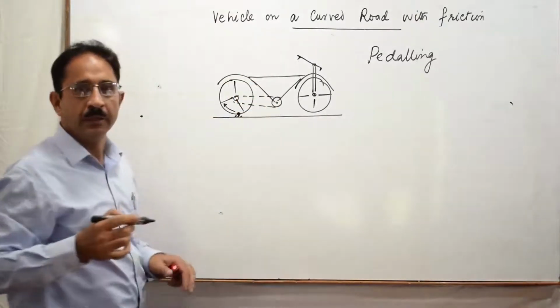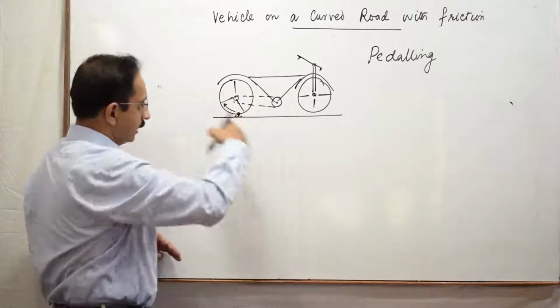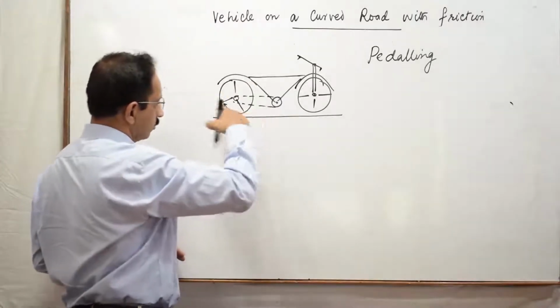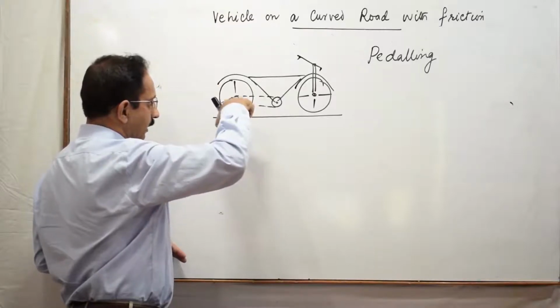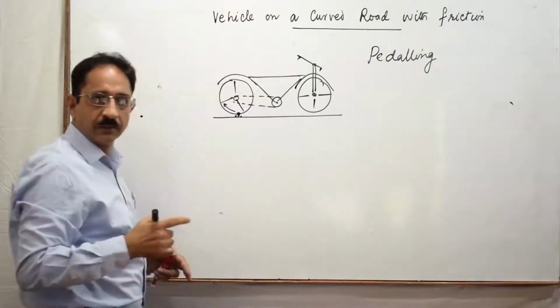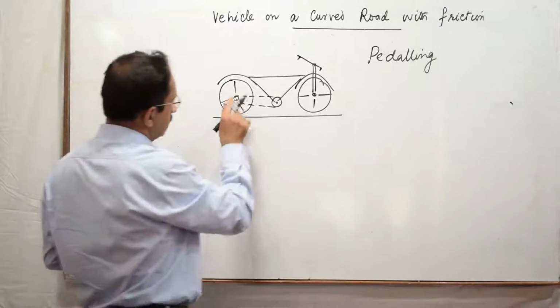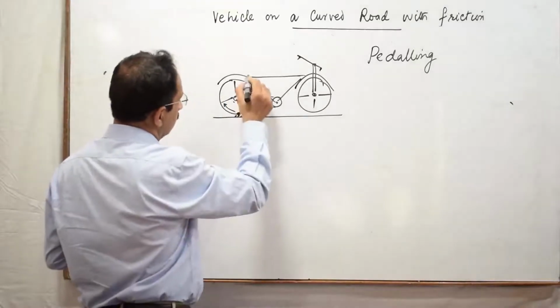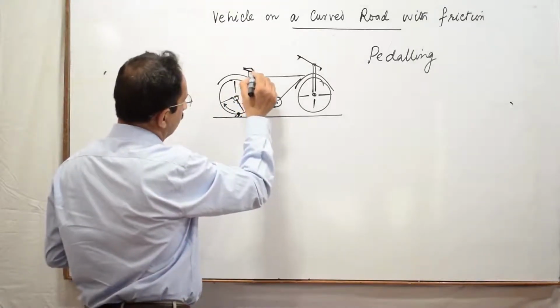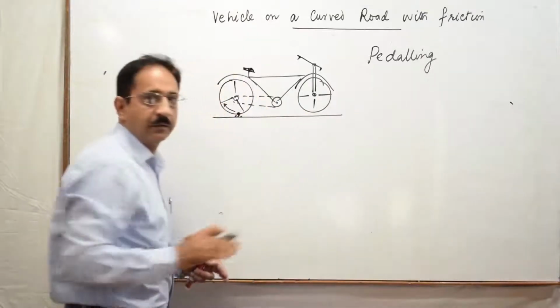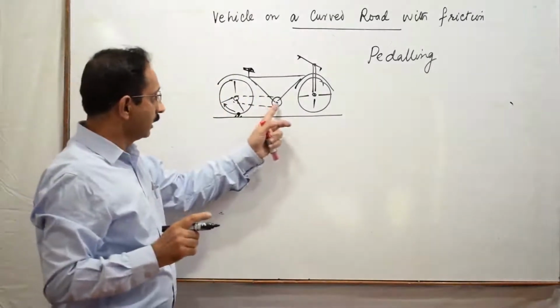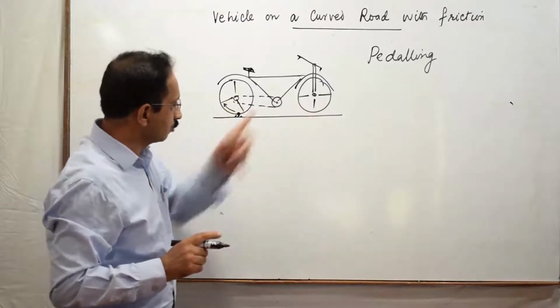So it is going in the clockwise direction and it is trying to move in this. तो पेडलिंग से जो व्हील आगे की तरफ घूमता है, the point here is trying to run in this direction. And once this tire moves, so once this tire moves, what will be happening? This tire will try to push the front tire, क्योंकि चेन जो है इसके साथ कनेक्ट, इसको खींच रही है और इसको पुश कर रही है.